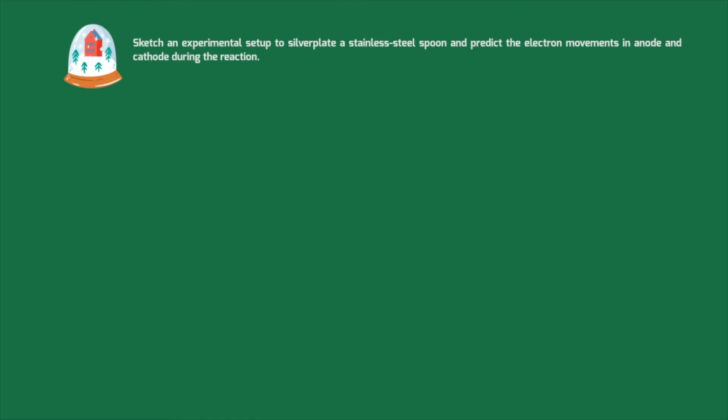Let's move on to question number 2. Sketch an experimental setup to silver plate a stainless steel spoon and predict the electron movement in anode and cathode during the reaction. Alright, so in here, the question already gave you a hint where it says that it's going to silver plate. So it means that the process should be an electroplating